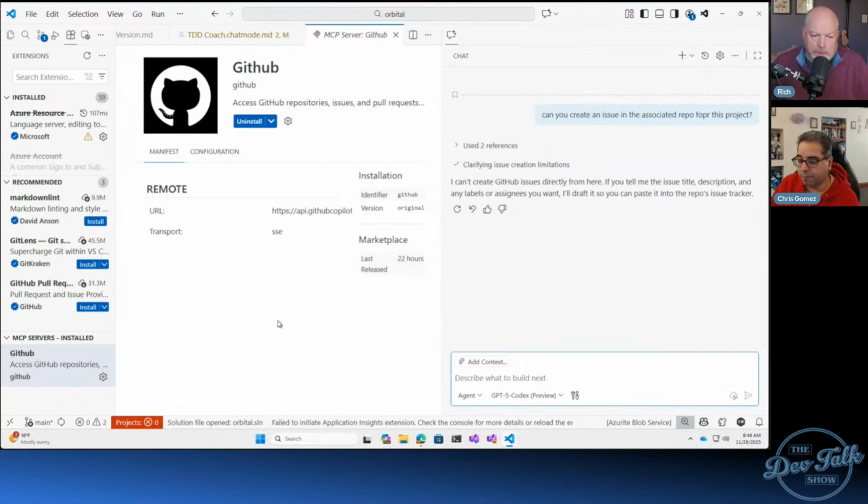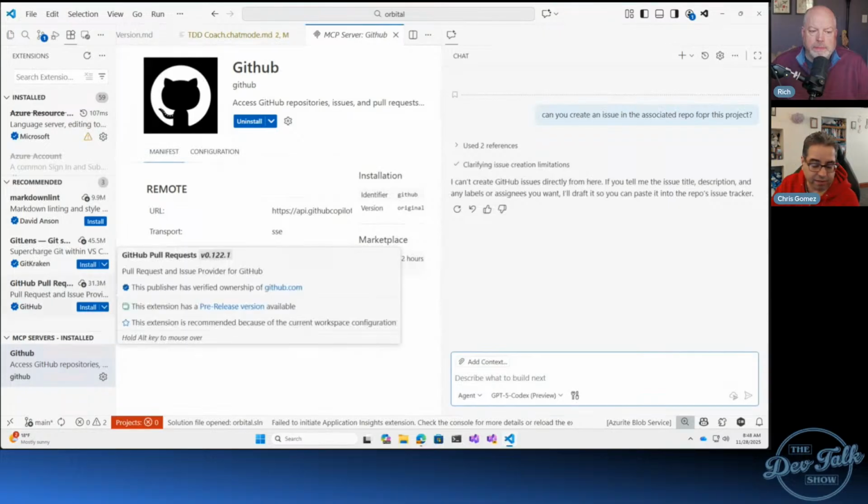Extension, because we use that at Philly.net, and there's a big Azure MCP server that definitely sounds like, because one thing I'm always trying to do is not simply use Azure when we do things on the show, is say, I want this scripted from day one, right? I don't think there's anything wrong with using the portal to learn, but I've got to get it to where it's scripted and repeatable very quickly.